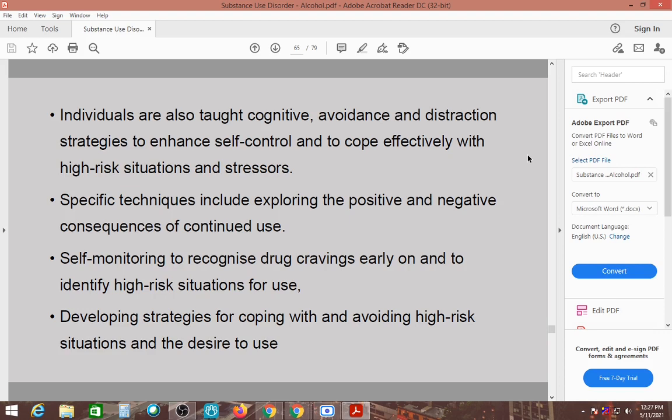Right. And how do we avoid these stresses? And how do we avoid the triggering factors that trigger them to reuse or to go back into substance use? So, each person, that's why I told you, we need to understand, we need to help them. How do they monitor? Because they themselves only know what triggers them to use. Now, developing strategies for coping with and avoiding high-risk situations and the desire to use. Once we have helped the person who is abusing substances identify these are the problems, these are the areas which always trigger them to use,